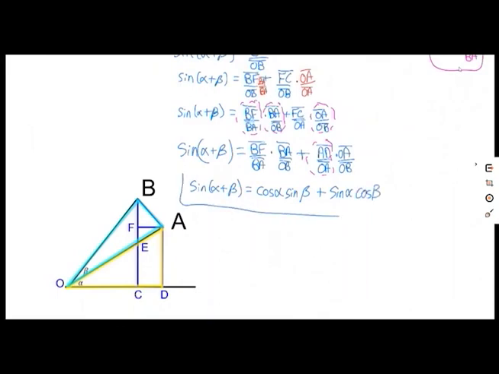And that is our sum of angles identity. We have now successfully, just through a bunch of algebra and a little bit of geometry to find some equivalent angles, some similar triangles, and using some congruent sides, have used some algebra to rewrite the sine of alpha plus beta as the cosine of alpha times the sine of beta plus the sine of alpha times the cosine of